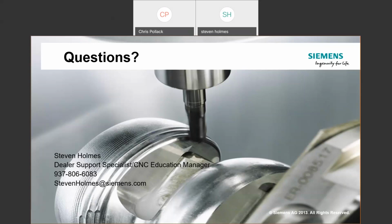So if you have bidirectional comp on the machine tool and it's been activated, then you would not use the backlash compensation value in the machine data because it's not necessary. Yeah, absolutely. And actually that brings up another good point that we didn't really mention. Same thing with scales, right? So if you have glass scales,